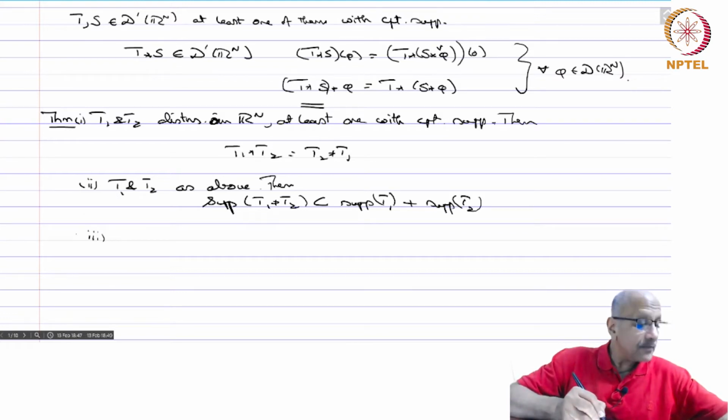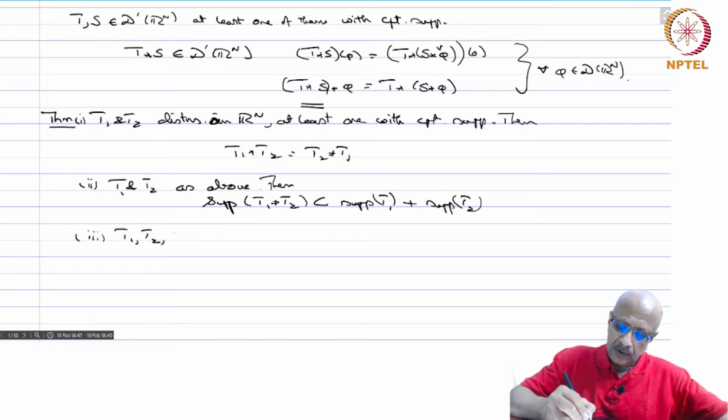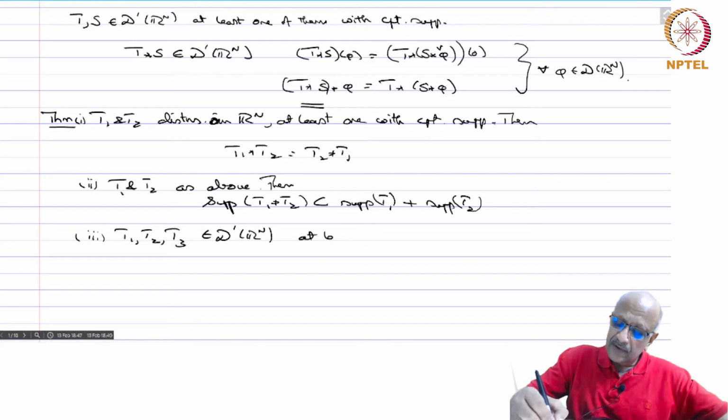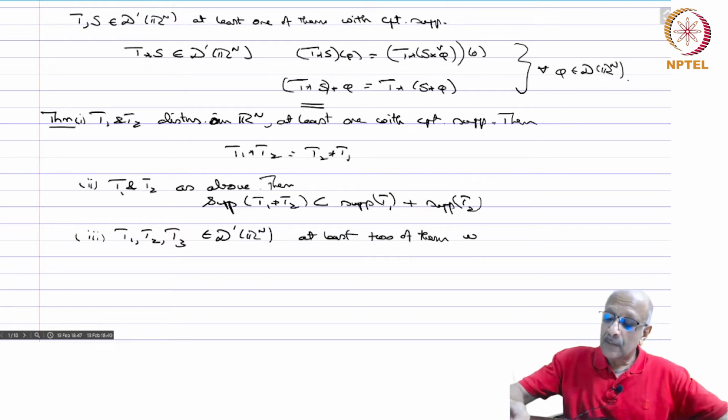Three, T1, T2, T3 in D prime Rn, at least two of them with compact support,